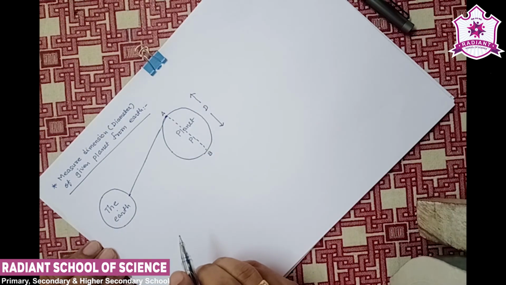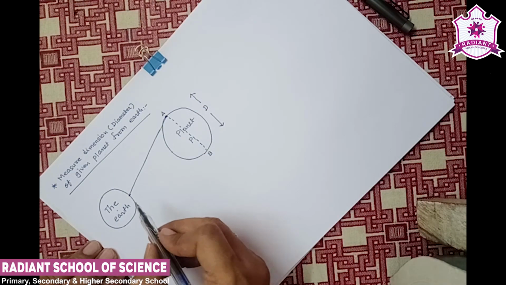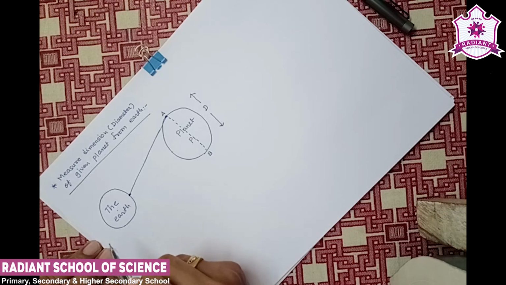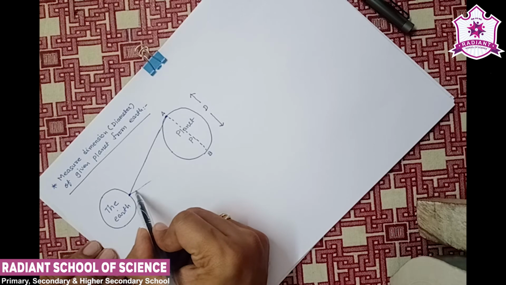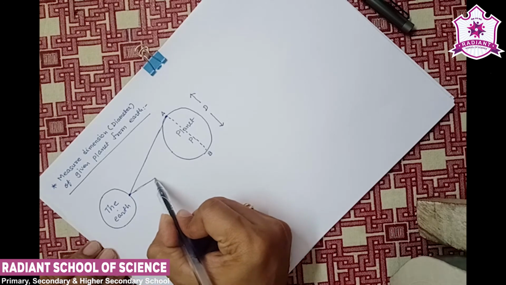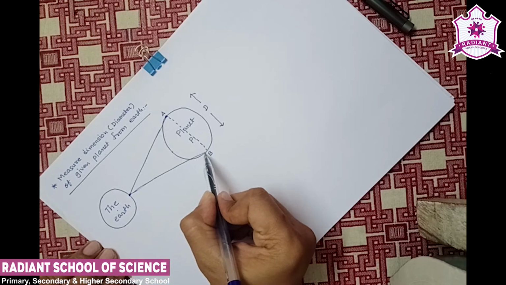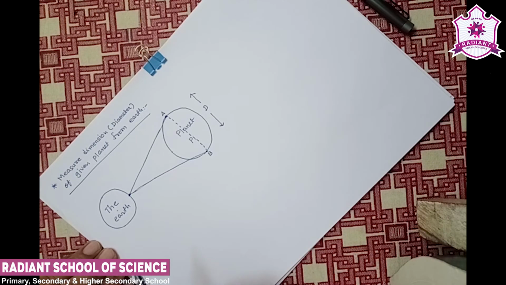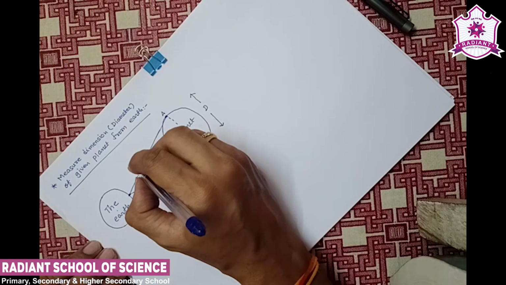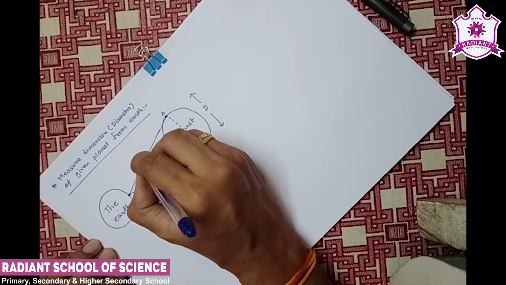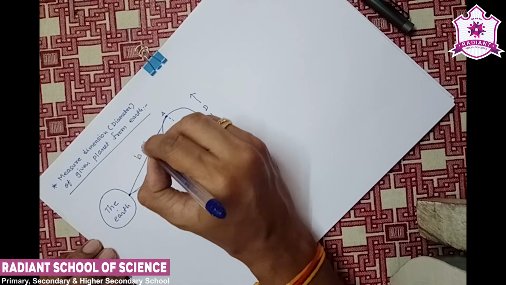In a similar manner, by keeping the telescope here, we observe point B of the given planet. Now here this distance, say distance b,